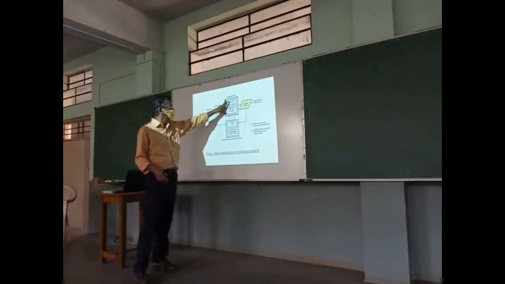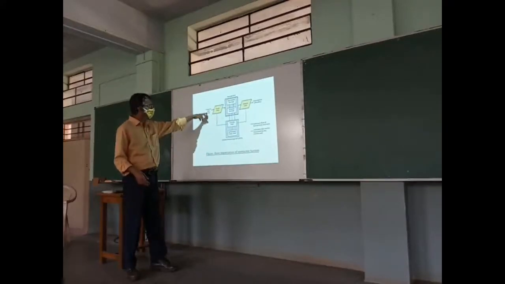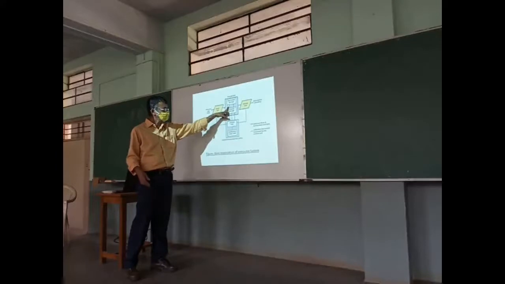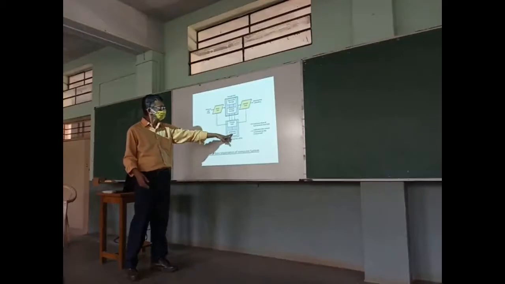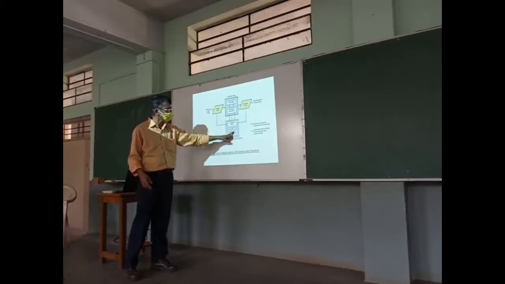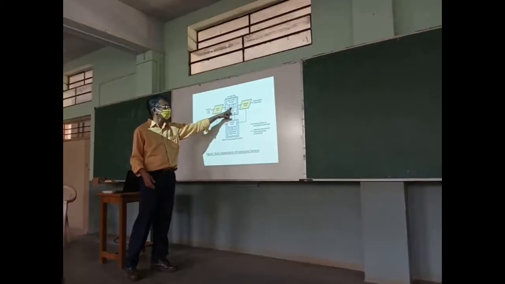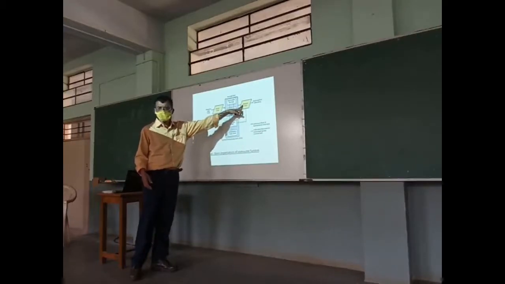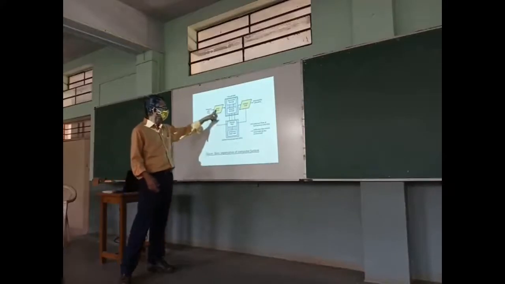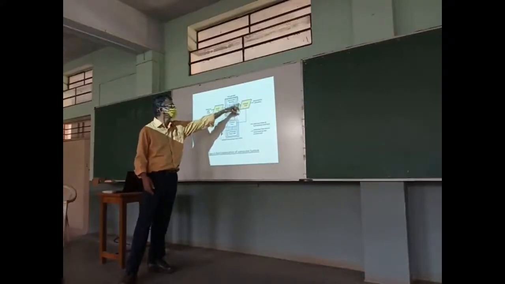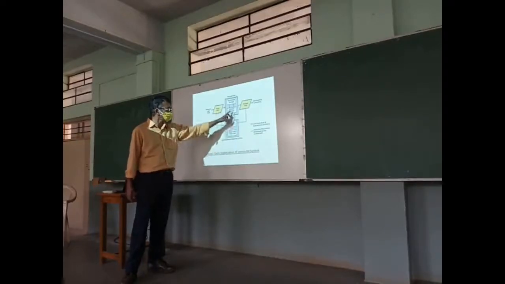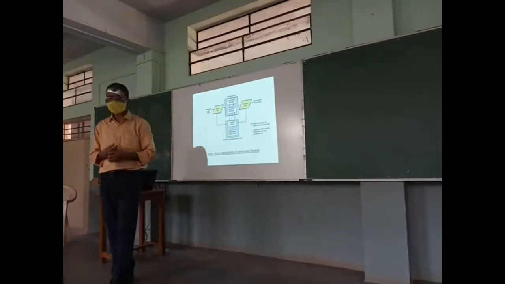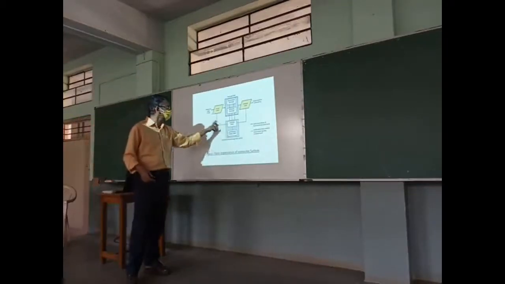Then there is a storage unit. Whatever you input through the input unit is put into the storage unit, and whenever calculations are to be performed, it is passed on to the processor. Once the process results are available, they are temporarily stored again in the memory, and when required, they are passed on to the output unit. So there is an input unit, an output unit, a storage area, and an arithmetical logical unit to carry out arithmetical and logical operations. All these units should work in coordination, so there is a control unit which passes on control signals.